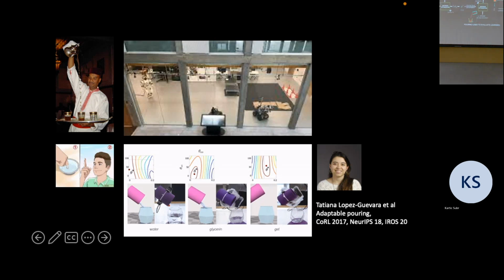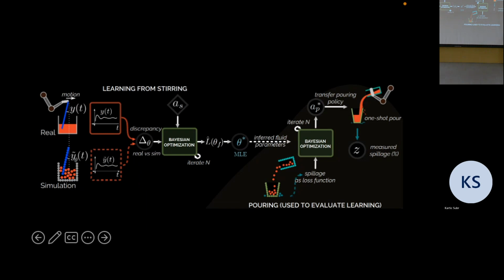The general idea here, I won't go through the details, was to set up two parallel universes. In one universe, you had whatever was happening in the real world. So for example, this robot was picking up the liquid and pouring. And in the parallel universe, we tried to mirror that in simulation. Because our video game engine was able to do this at high speed, we would track things like the stirrer, for example, and then mimic that in the simulation model. And then we would see how much they disagreed on some prediction. And we call that discrepancy.